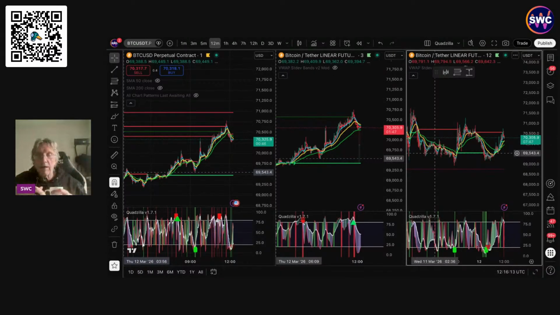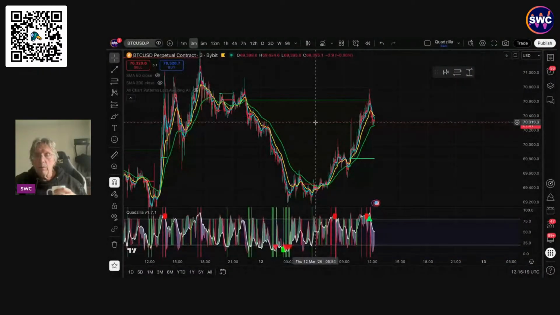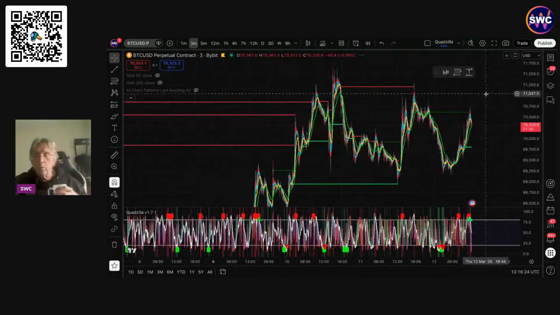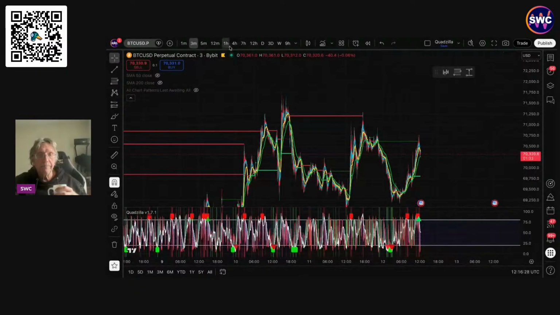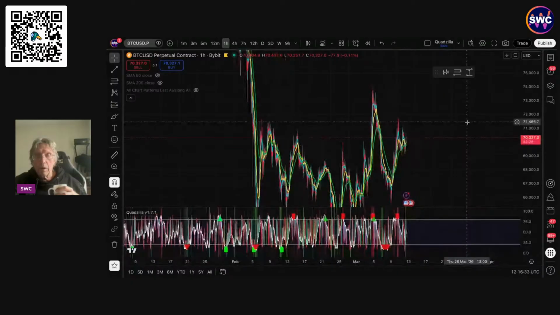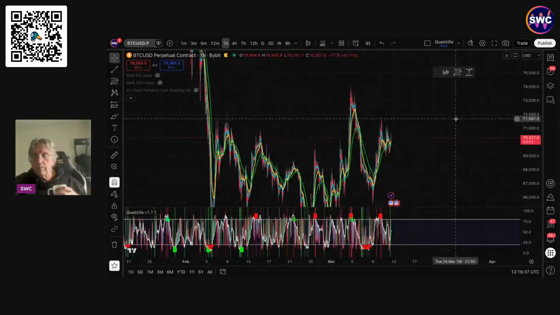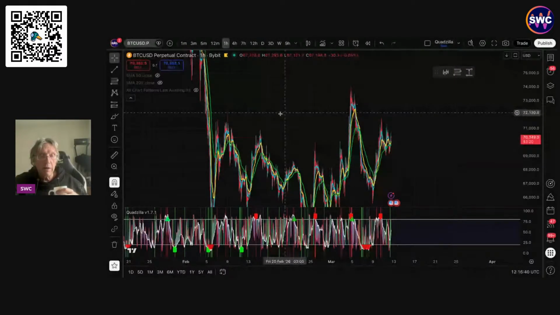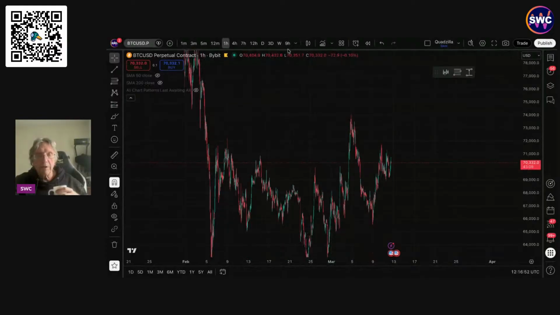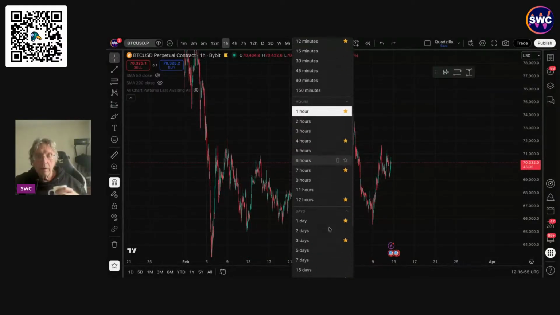And then I think once we get there, let's go back to the other one. And I think once we get there, we're going to probably struggle again, where we have been doing over the last few days, which has been up here, 71.5. I remember what it was. I remember why I had that. Let's just save that. Let's just turn off Quadzilla for a moment. That was one of their monthly levels, wasn't it? So let's mark that on the chart again.